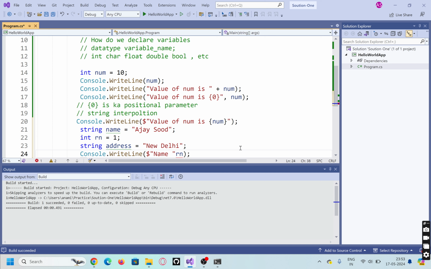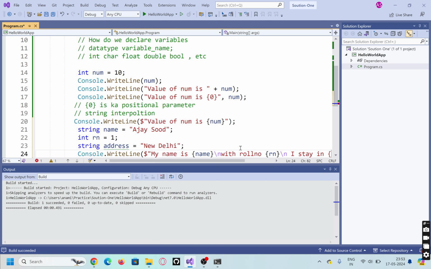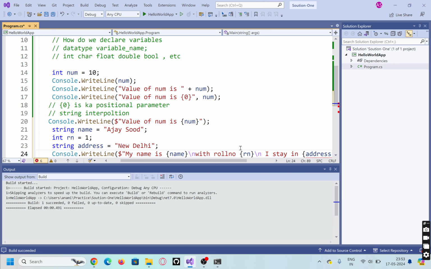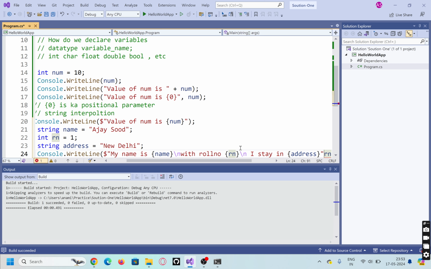I can say my name is {name}, and use \n, so that will give a line gap here, with roll number {number}, \n, I stay in {address}. So if we run this program now,